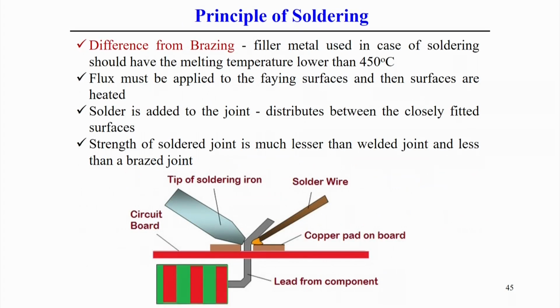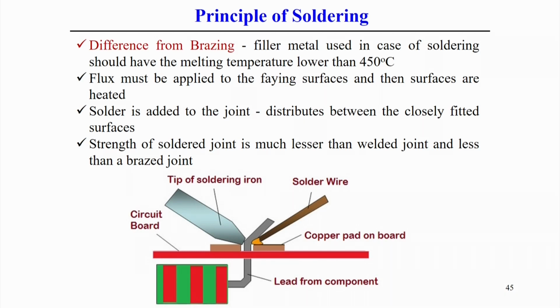So, apart from these various brazing techniques, now we come back to the different soldering process. First we start with the principle of the soldering process. The principle of the soldering process is more or less similar to the brazing process, but there is some minute difference: the filler metal used in the soldering process must have a melting point below 450 degrees centigrade. So, that means filler metals may be different as compared to the